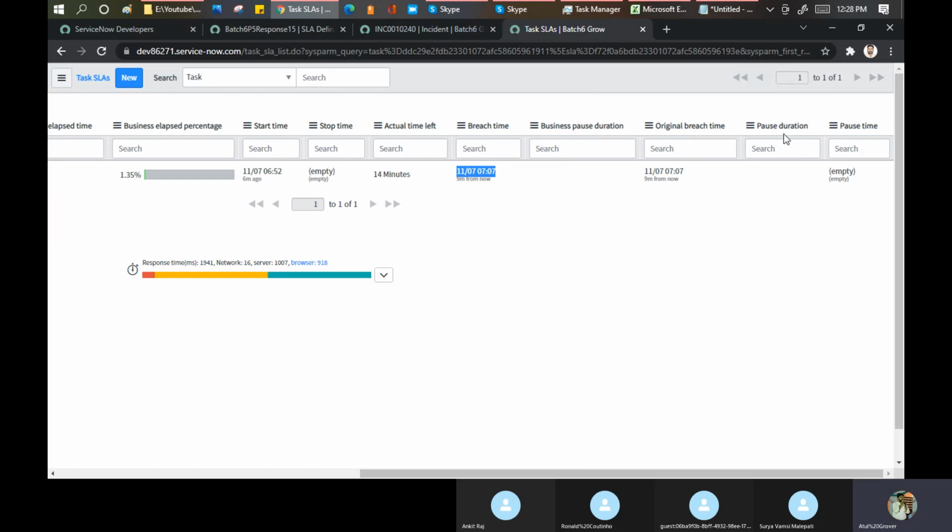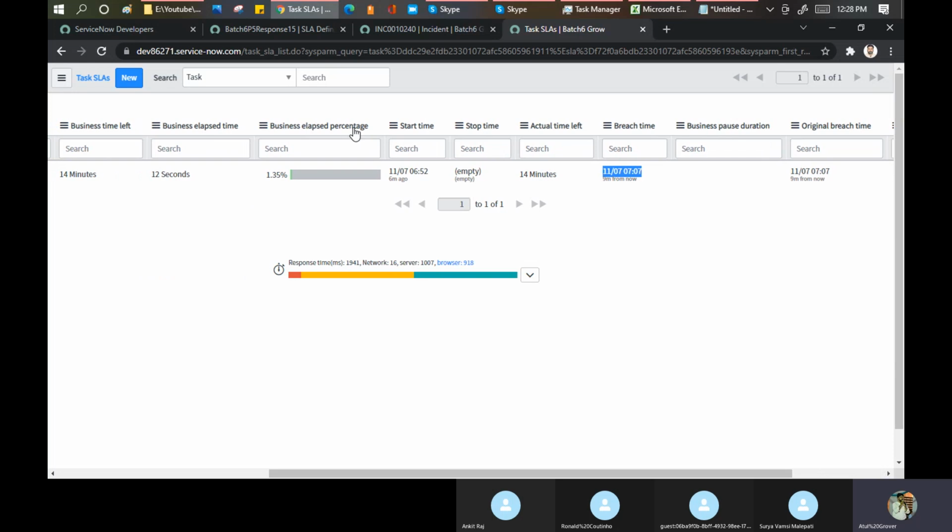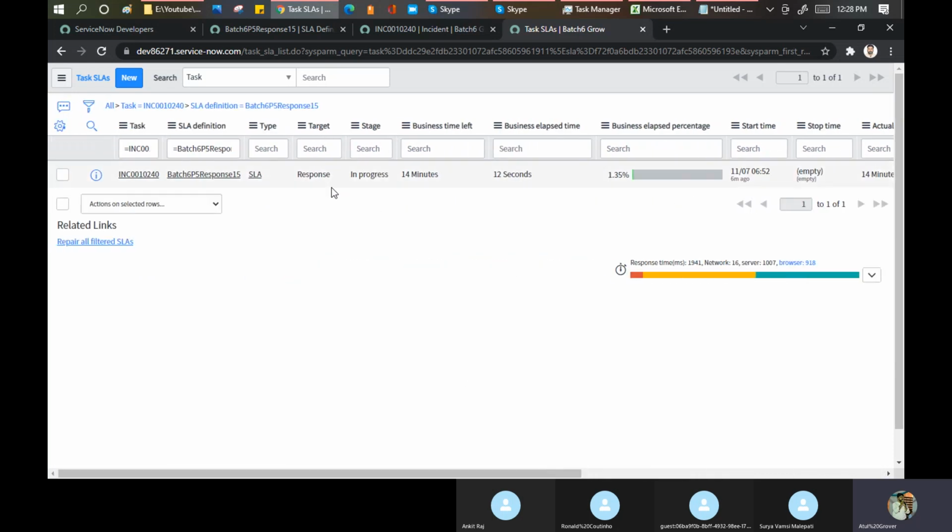Pause time, pause duration. Total pause time for current time. Pause duration means, in a single match, you take a 10 minute break. That is the pause duration for you. But the total you can see here. Okay, so these are the fields which are important from an operation perspective. You should, or we should, know this. Any doubt till this point?